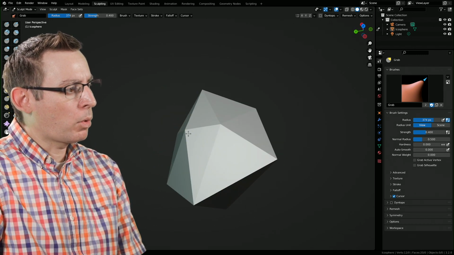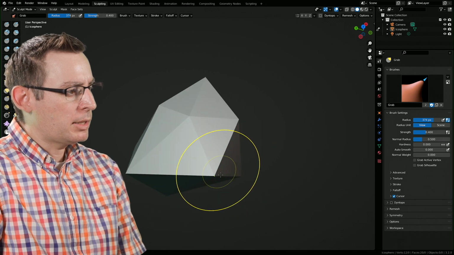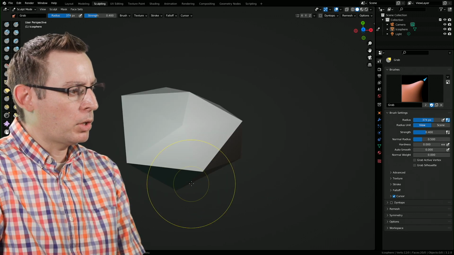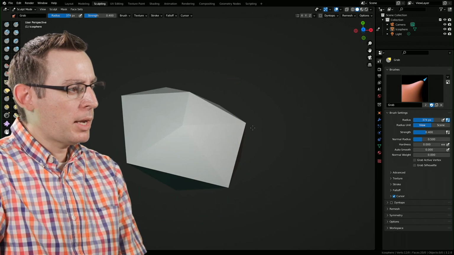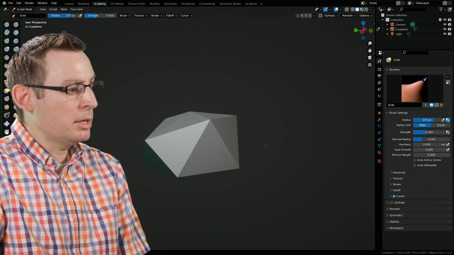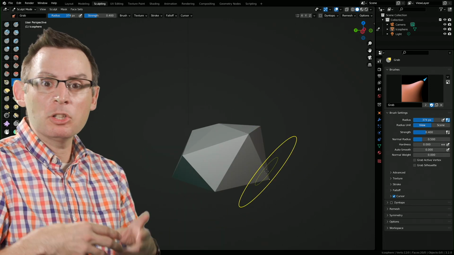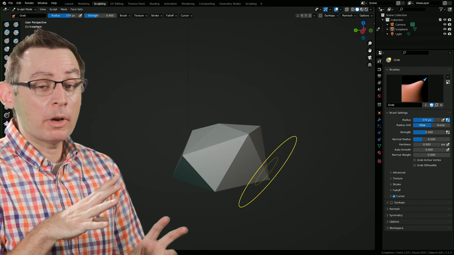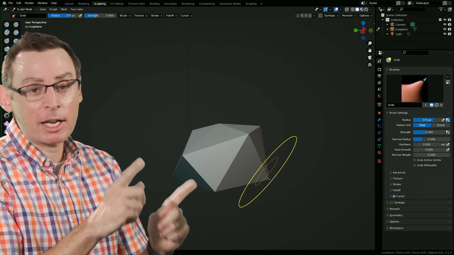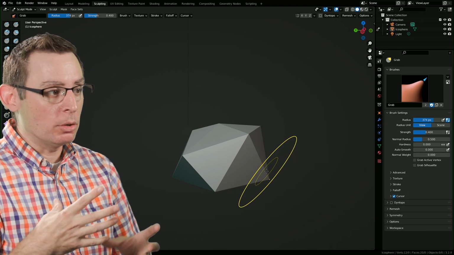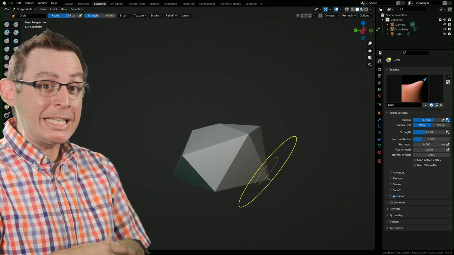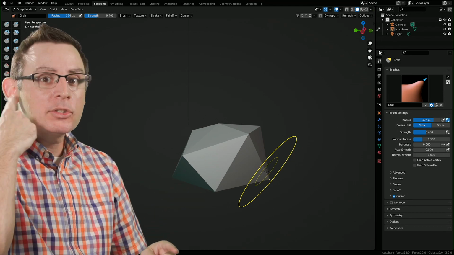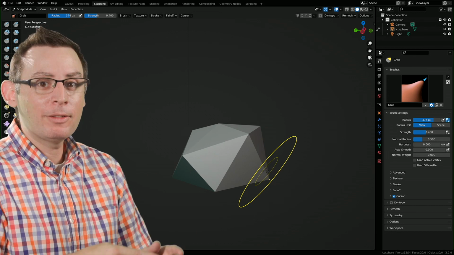The great thing about working with these sculpting brushes is they allow us to explore very quickly. By the end of this process, you should have something that looks kind of like a rock, and that's all that we need to be, just in that kind of ballpark. This is the detail. The focal point of our renders and of our models are not going to be the rock. So all we need to do, and the goal, is just to make it believable. We need to suspend disbelief. The subconscious has to buy into the idea that this is a rock.